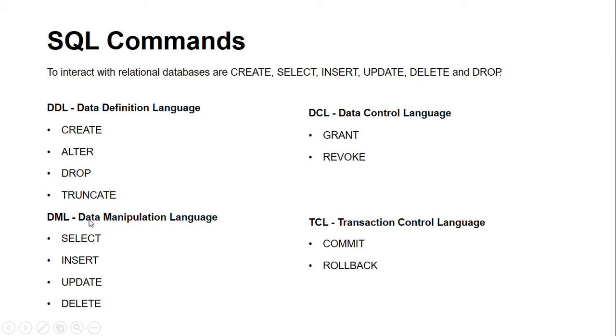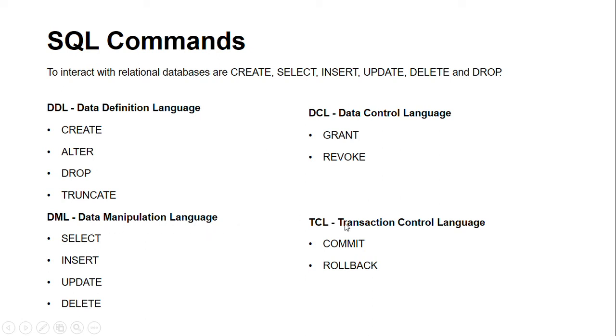We have data manipulation language, DML, in which we do select queries, insert queries, update queries and delete queries. That means we are retrieving information from the tables, inserting information into the tables, and updating the existing data in the table. If I want to update any existing data, I have to use the update query. And suppose I don't want a particular data, maybe it is a duplicate or irrelevant, so I can delete that information. Such deletion of records we can do with data manipulation language.